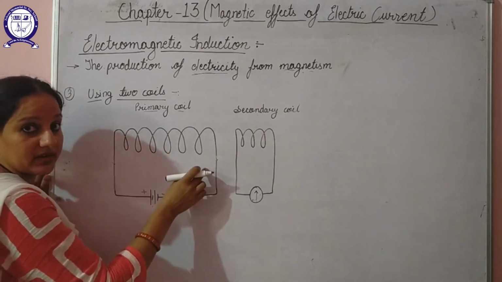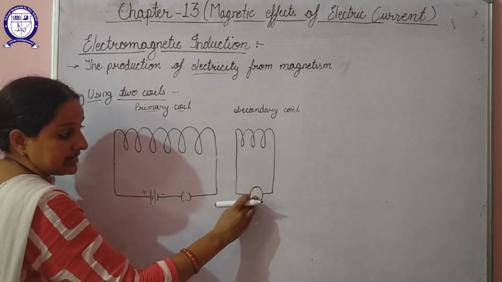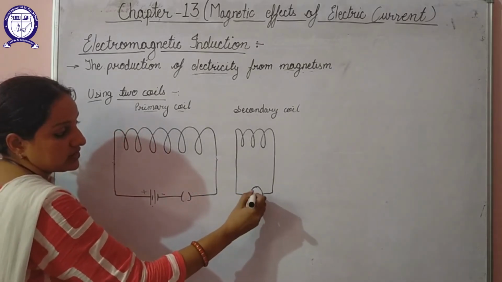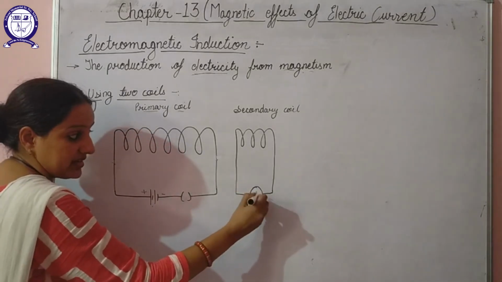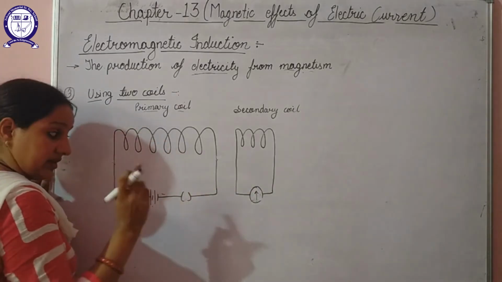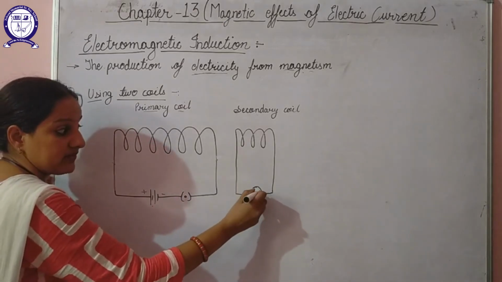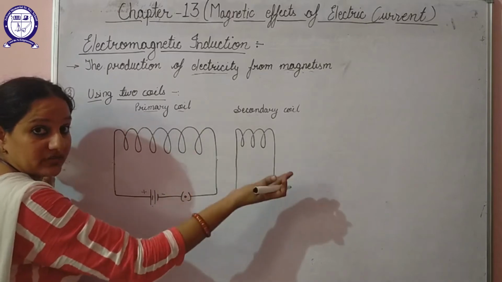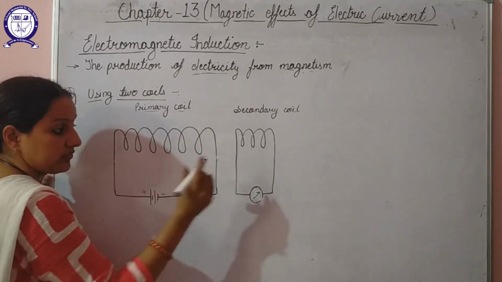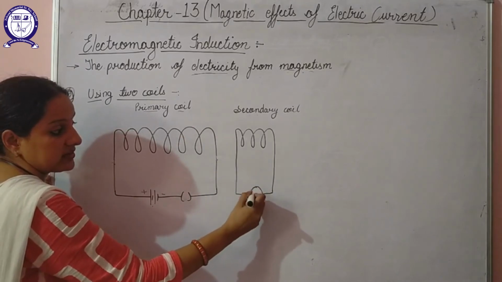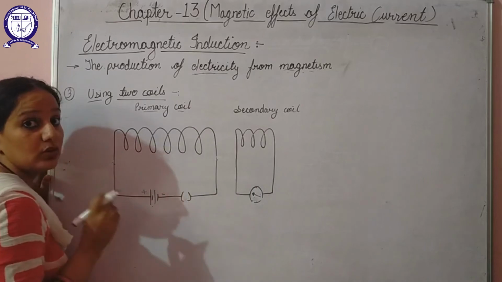When I turn off the key, the supply of current gets cut off, hence no magnetic field will be generated across it. At that time, the galvanometer will show a deflection towards the left hand side once and again rest at 0. If I again turn on the key, the galvanometer once again gets deflected towards the right side and then immediately comes to rest. When I turn off the key, it is immediately deflected towards the left hand side and then finally to 0.